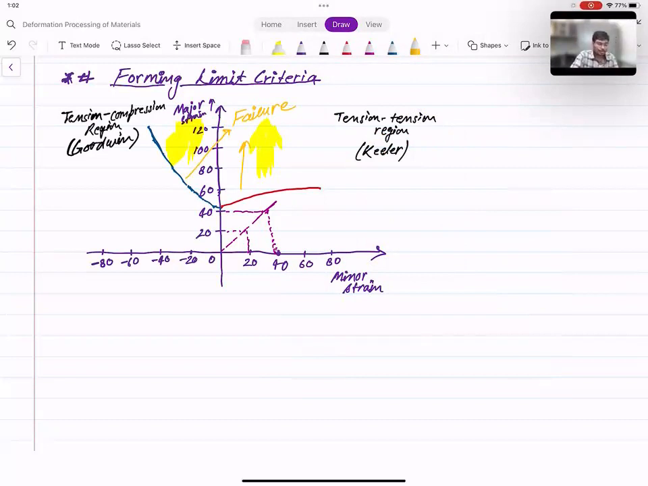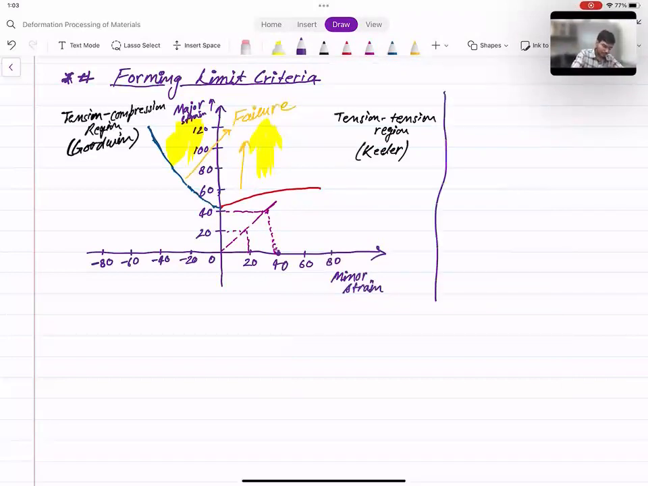And how is it predicted? As I mentioned earlier, by electromagnetic or electrochemical etching, circular grids are made onto the sheet, which are then measured initially, and after the deformation, the dimensions are measured again, and by that, the major and minor strains are determined, and the particular points are plotted onto this. Okay, so